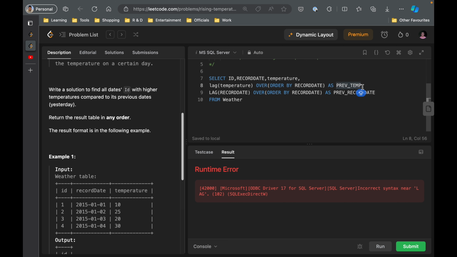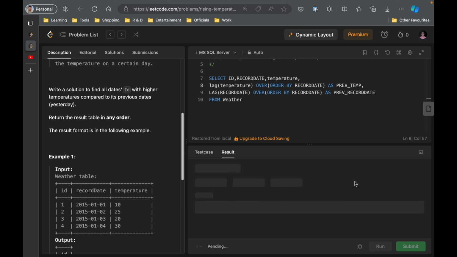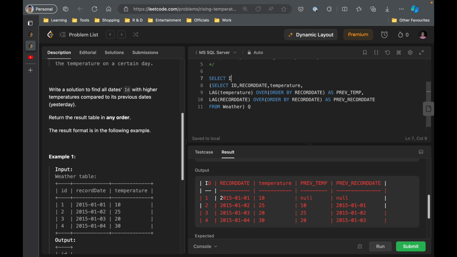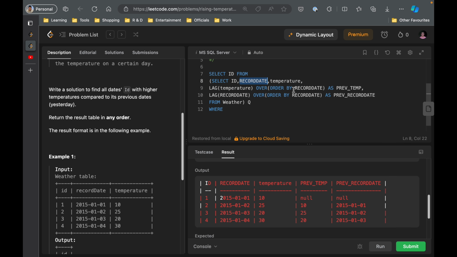Now if I run it, you will see I did something wrong. Okay, I missed a comma. Fine, so you can see we are getting the record date and previous record date in the same row. Now we can wrap it up in a query, and select id from it, as we just need the id column, where previous record date is equal to record date